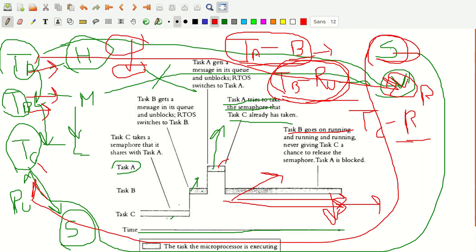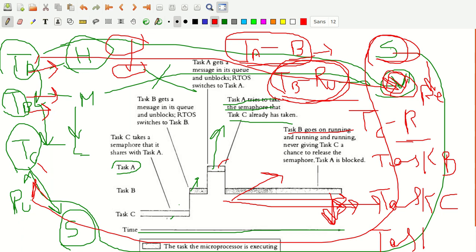So when will it release the semaphore? When task B gets over, then task C comes here. Task C actually completes its instructions, because semaphore S is held by task C. Then task C releases the semaphore. Let's write right here. After task B completes, task C is given precedence, because that is having the semaphore. Task C completes this instruction, releases the semaphore, and after that task A will be given precedence.